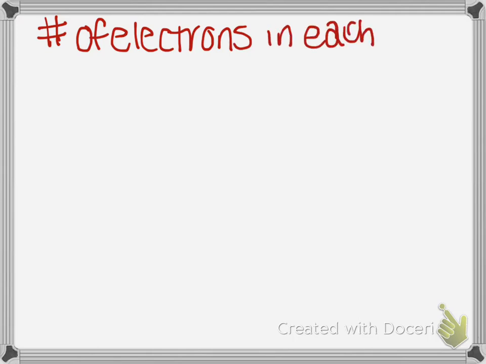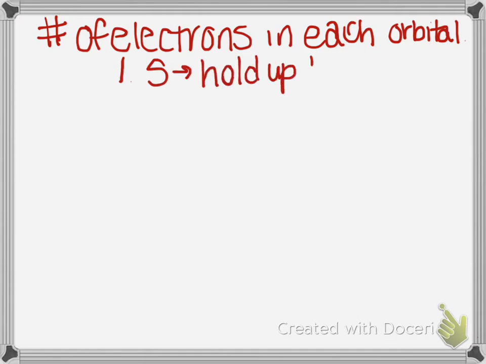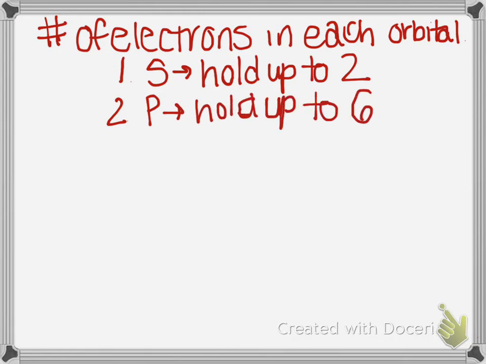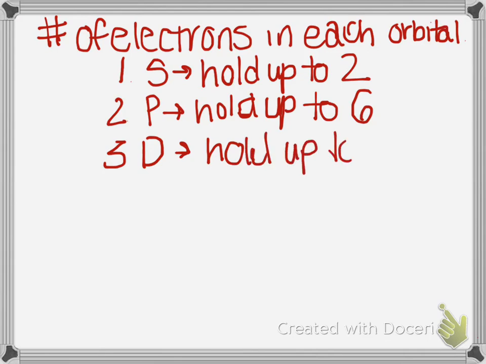Okay? Then we need to know the number of electrons that can fit in each orbital, because that's how we're going to get our superscript. Each type of orbital, S, P, D, and F, has a unique number. The S can only hold up to 2. The P can hold up to 6 electrons. The D can hold up to 10 electrons. And our F can hold up to